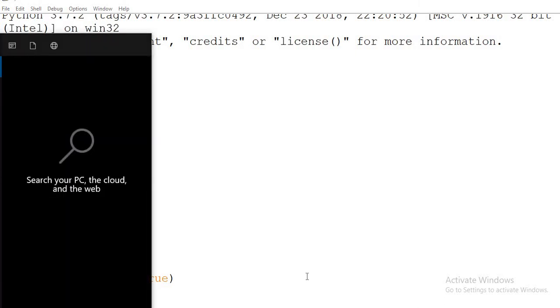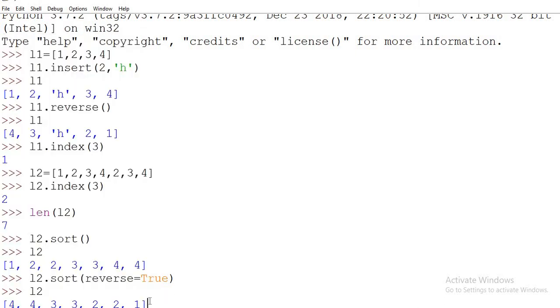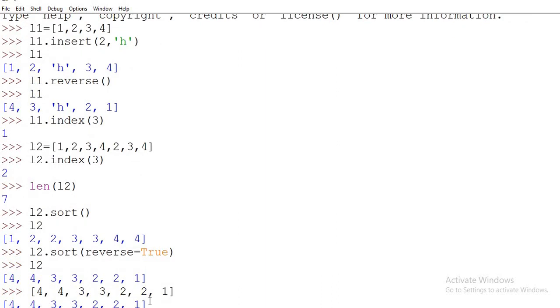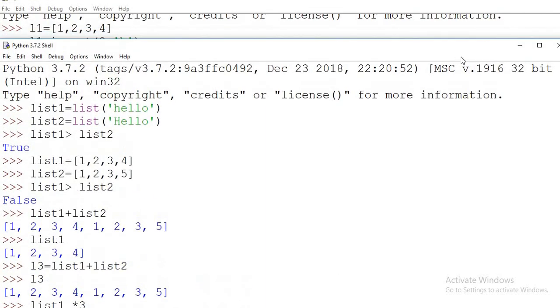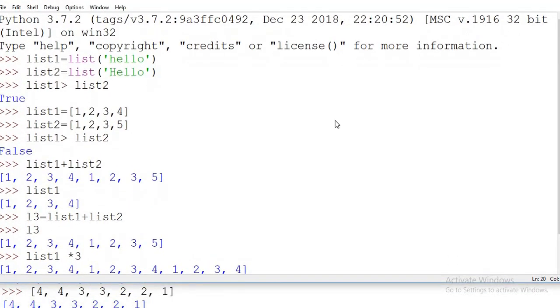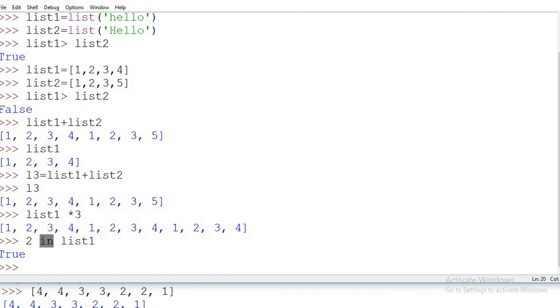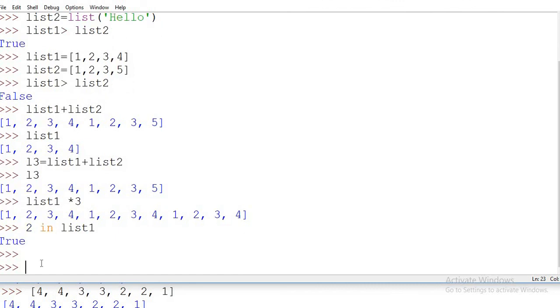After that, one more operation we can do is the clear operation.